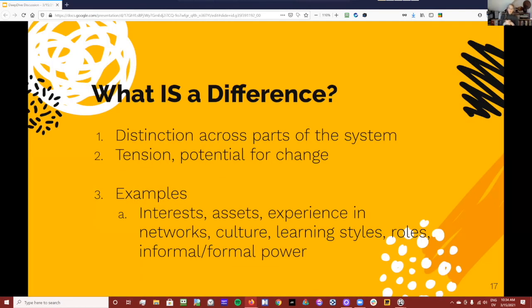So we just talked about containers. That's the C of the CDE. And then the D is differences. And differences are what gives meaning to a network. They're what holds energy, and they exist inside of containers. So there's differences inside of all the different containers. And differences are the sites of turbulence, and they're powerful engines for change.